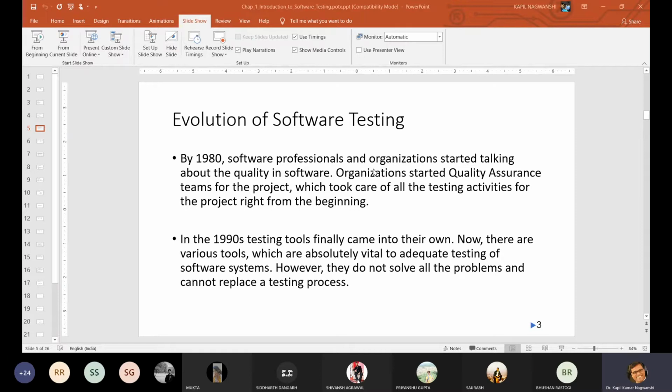Initially it started with debugging oriented, then demonstration, that software satisfies its specification, then destruction coming with Myers. He says to just emphasize finding errors and checking the errors. And after that, 1983 to 1987, it is evaluation oriented, meaning marking will be there. And after 1988 to 2000, it is prevention oriented. During the 1990s, it was prevention oriented. During this period, the goal of testing metamorphosed into a mechanism to prevent errors, rather than detecting errors.